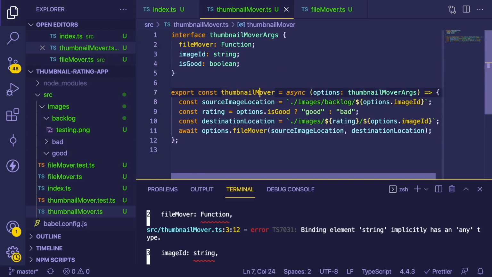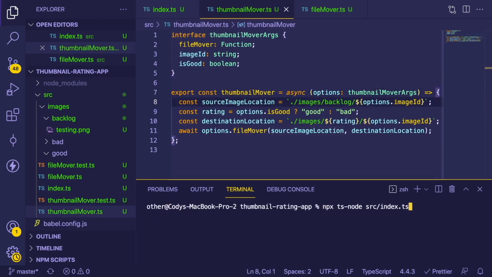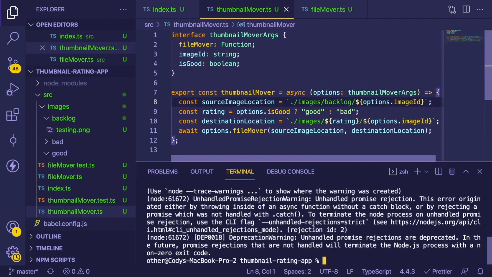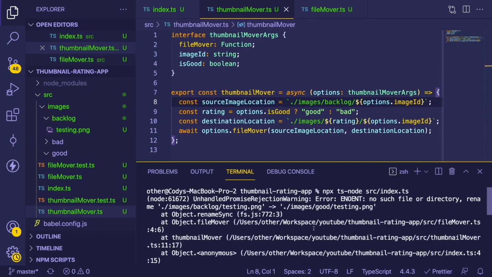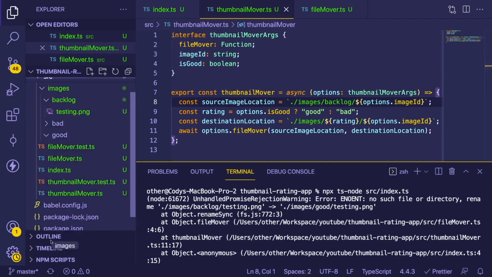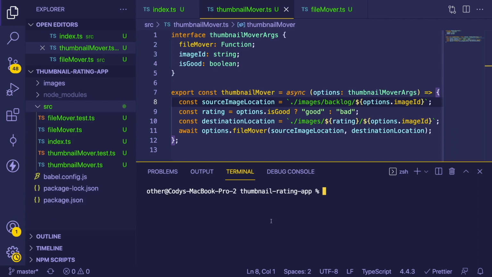This might have been overkill. Let me try doing this. I'm going to run this and see what happens. So it's saying no such file or directory. Rename images backlog testing.png images good. I think this actually needs to be pulled up one level. So I'm going to go ahead and just pull this out to the top level and see if this works